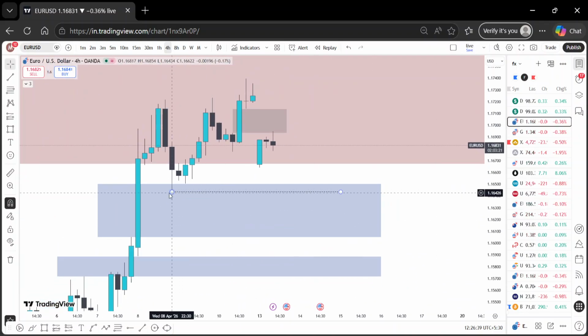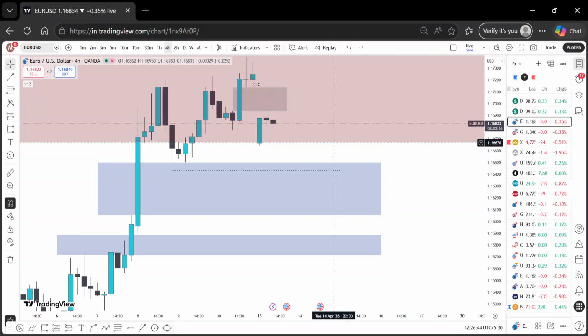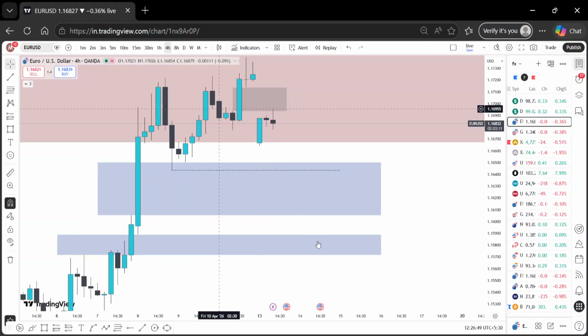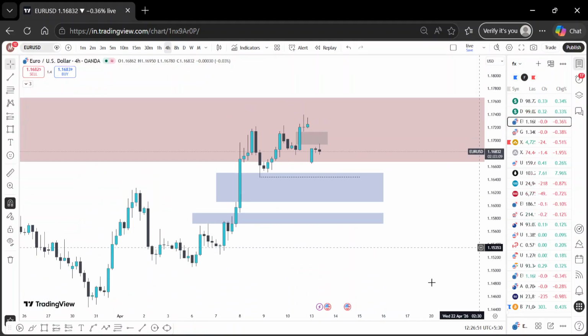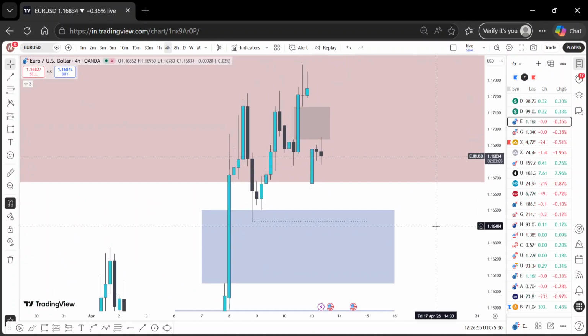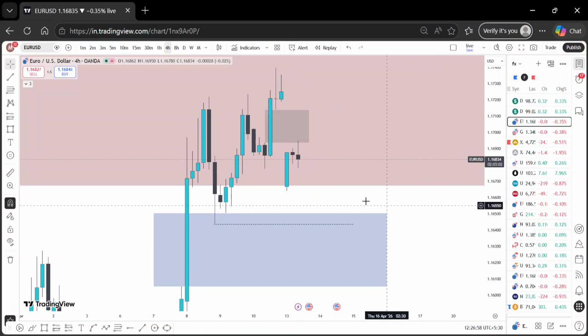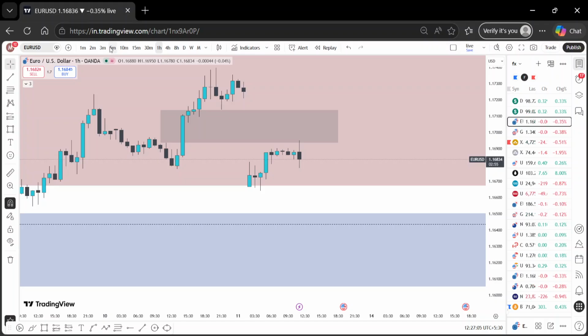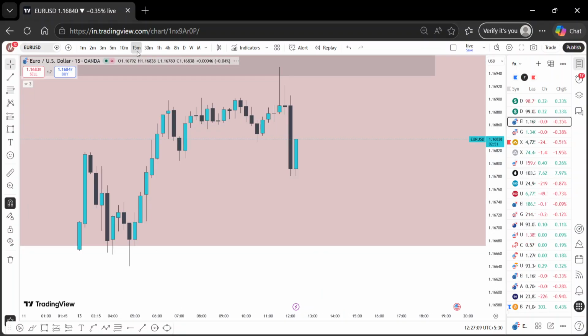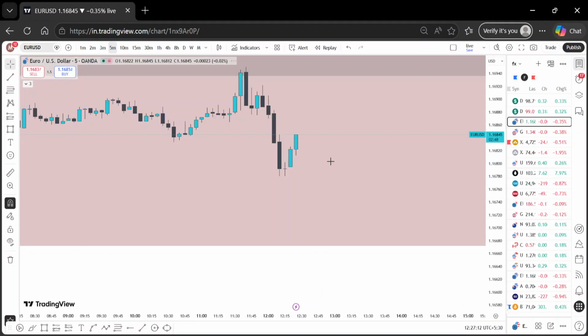If we close aggressively below this low, then obviously I'm completely bearish, and I'll be looking for shorts from here to weekly external. So basically speaking, I am bearish here, but it would be great for tomorrow if we close below these lows. So that's the thing. Probably there might be a trade here, but today is a Monday, so I won't be taking any trades.